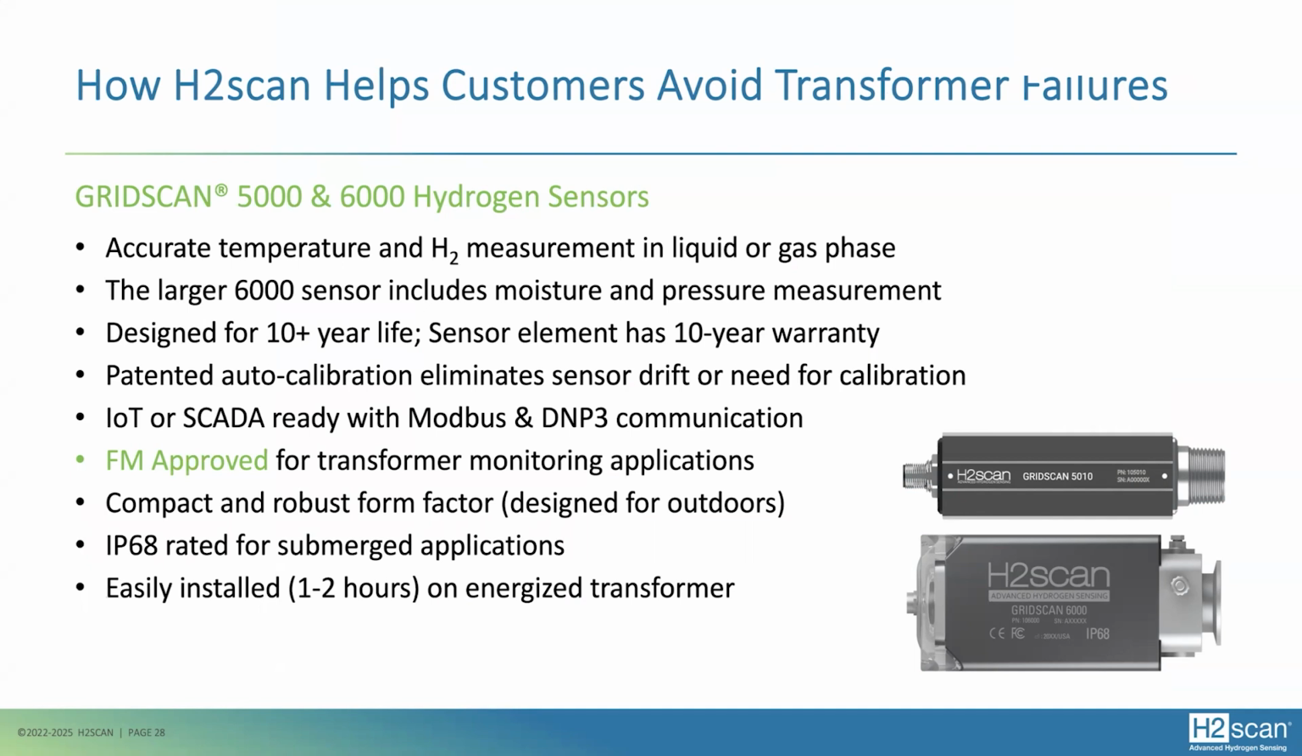But in essence, they provide a very accurate temperature and hydrogen measurement, both in the oil phase, liquid phase. The larger model will also provide moisture. As you know, moisture is a key indicator for paper degradation, and pressure. Pressure, if you've got hermetically sealed transformers, or if you're monitoring hydrostatic pressure, you'll detect early leaks before the oil